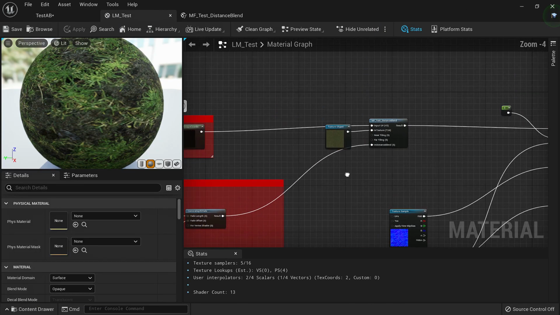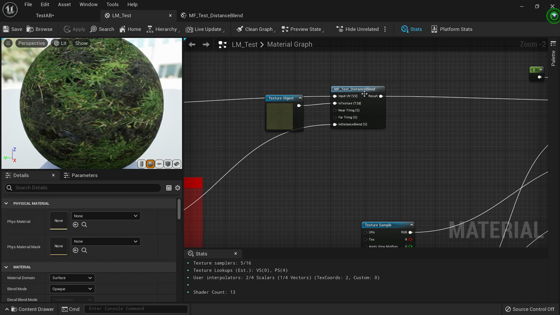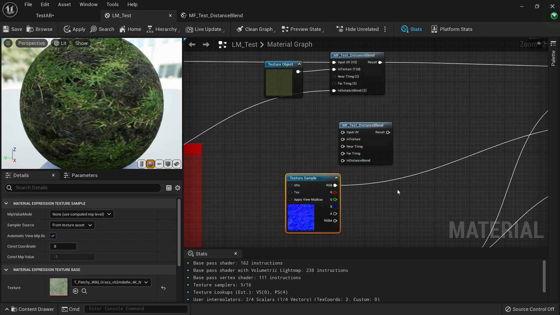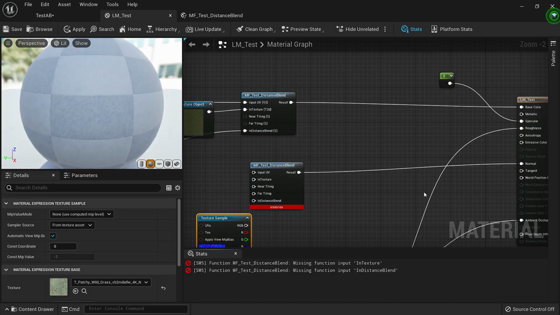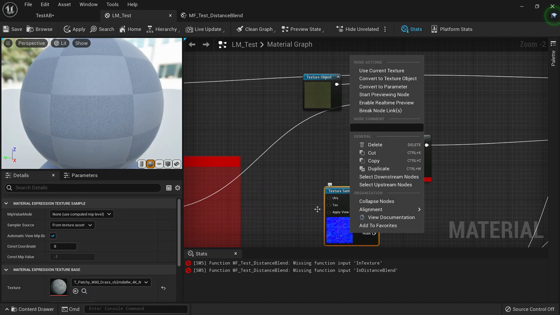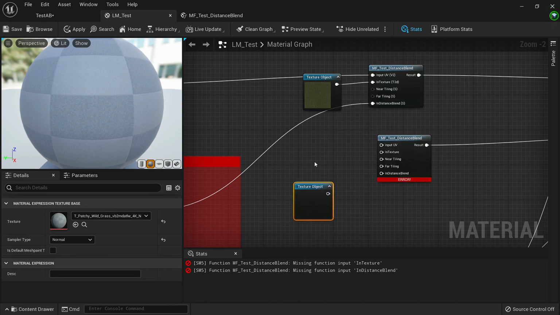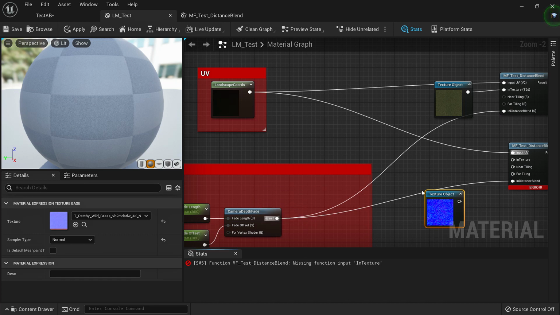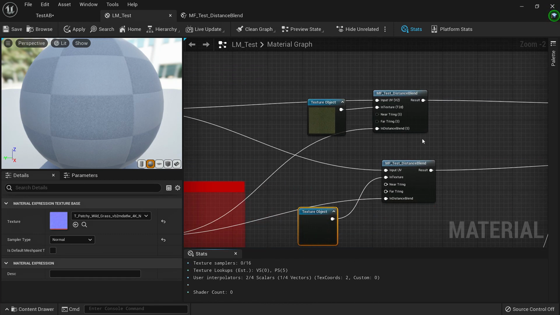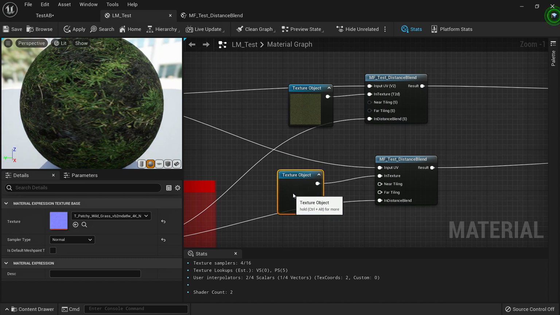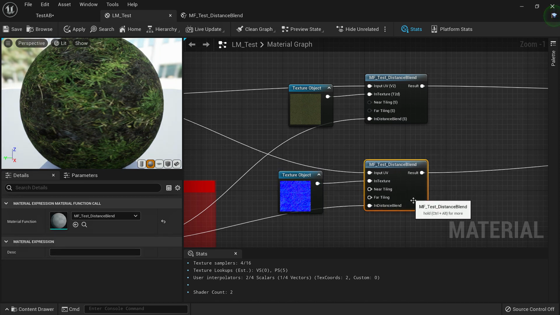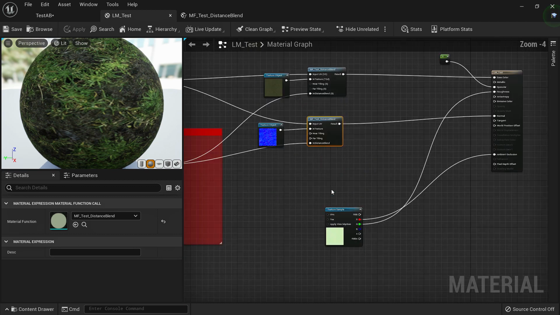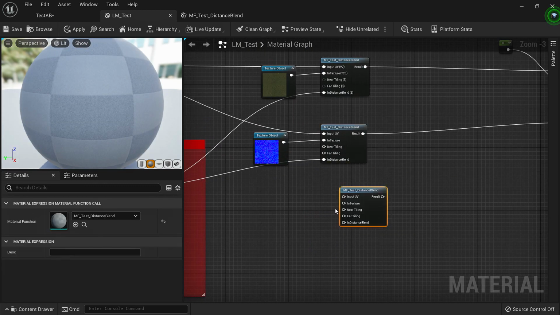And now another one of the reasons why we should prefer material function, because now we can duplicate and use it for our normal. So you can just connect it directly into the normal and it should make all of the connections. So let's create a texture object and put UV, distance blend, our texture, and we are good to go. Now we can use the same material function as many times as we want and make our graph cleaner and easier to navigate. We'll do the same with the ORD texture.